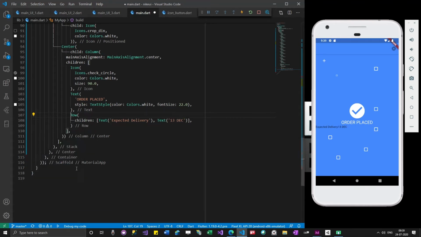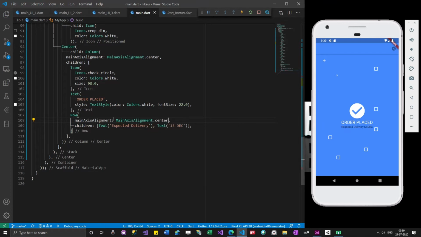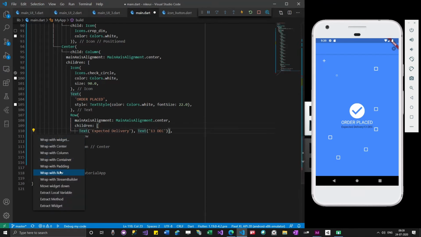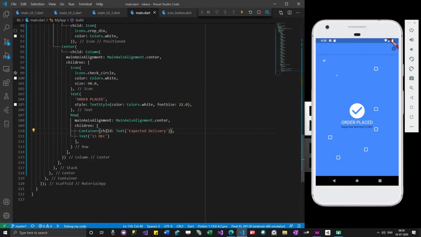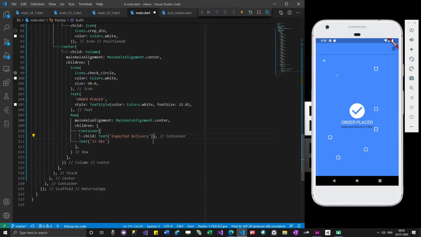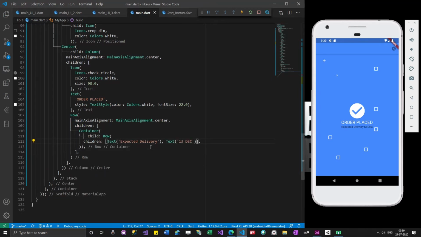Let me remove this container first, and then I will add one more container here. Within the container I'm going to add a row again. Okay, so now this looks much better.